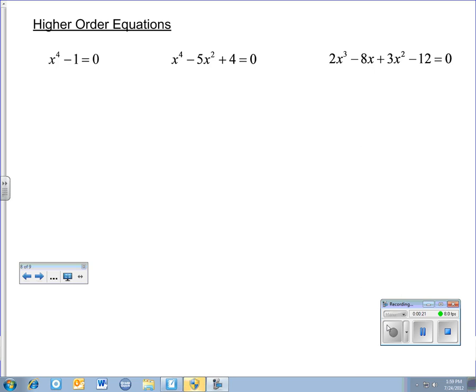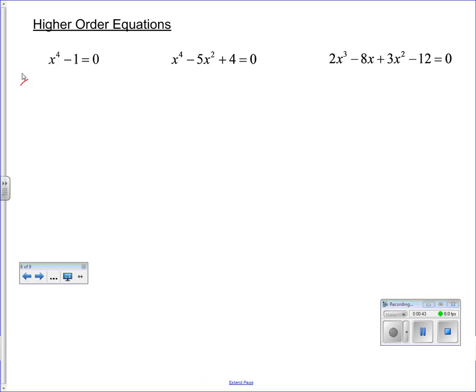These are a lot like quadratic equations. They involve factoring and solving for x. One thing to keep in mind is whatever your largest exponent is, that's how many answers you're going to get. So since our first problem starts with x to the fourth, that means we're going to get 4 separate answers for x. Looks just like a difference of squares, x squared minus 1, and it is a difference of squares, x to the fourth